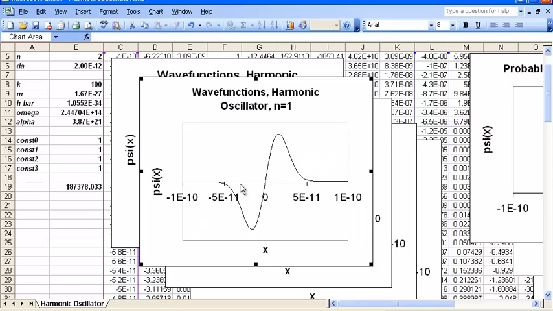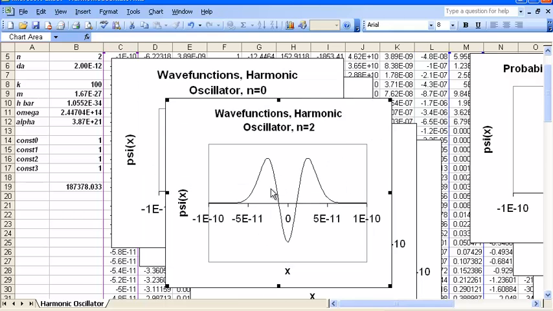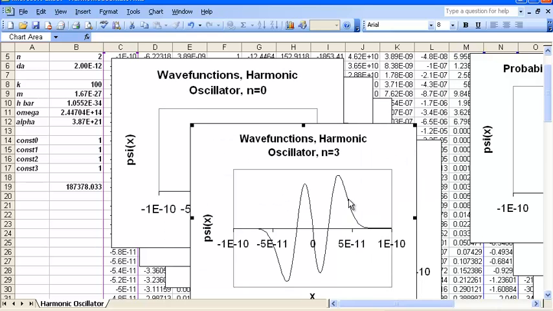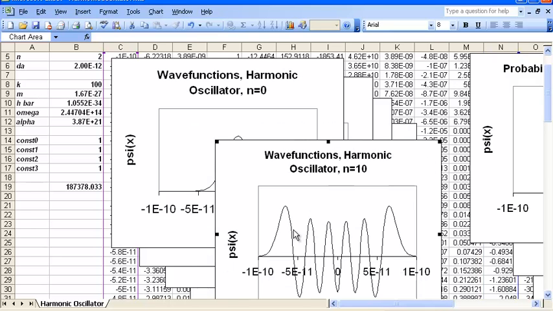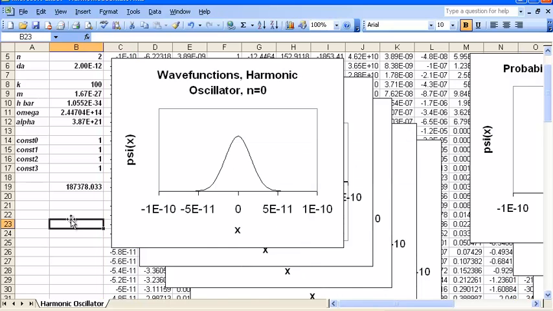That exponential function you're multiplying by will make it go to 0. For n equals 2, look, 1, 2 nodes, and it's going to 0 because of that exponential term. n equals 3 and so on. Let's go to n equals 10. Here it is, 1, 2, 3, 4, 5, 6, 7, 8, 9, 10 nodes for n equals 10. So that's what the wave functions look like when you combine the normalization constant, the Hermite polynomial, and that Gaussian